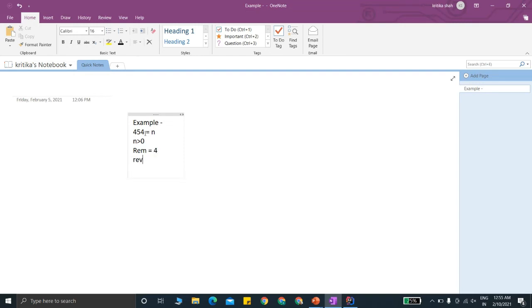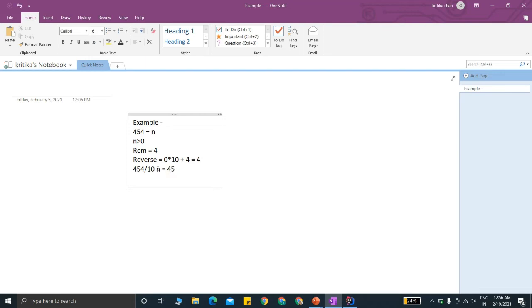Now we store that in the reverse of our number, which was initially 0. So 0 into 10 plus 4, thus it becomes equal to 4. Now we divide the number n, 454, by 10 to remove the 4 that we already stored in the reverse integer.